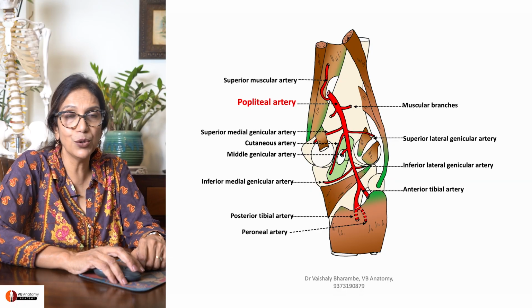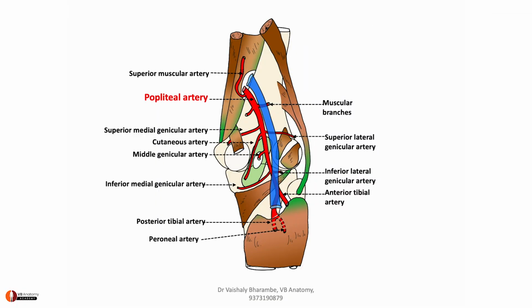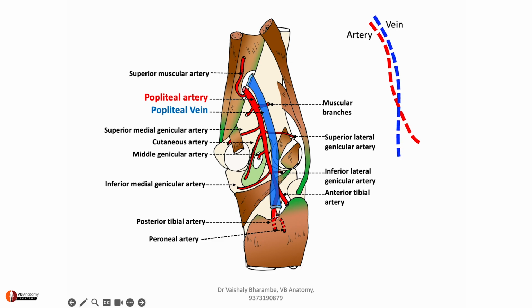You can use that video also. You can now see how the popliteal vein is emerging lateral to popliteal artery, crossing it superficially and coming to lie medial to popliteal artery in the lower part of the fossa. So that's your artery and that's your vein. Did you see how they're crossing? That's the concept I want you to carry in your brain.